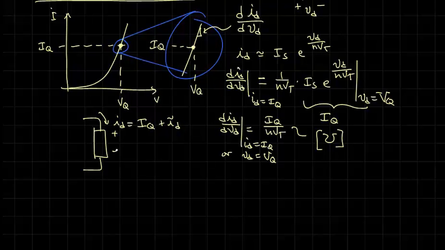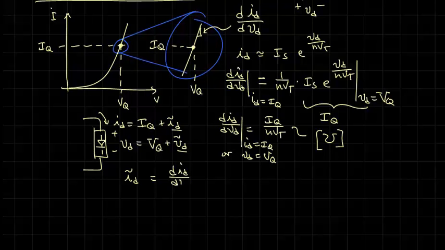The voltage across here, VD, is going to be VQ plus some small incremental voltage across there. The relationship between this small ID and this small VD is that little ID is going to be equal to